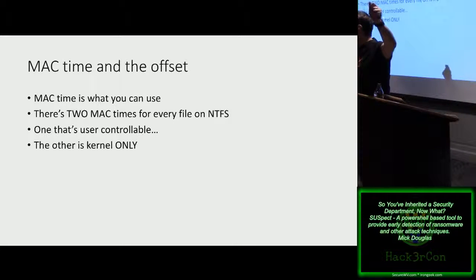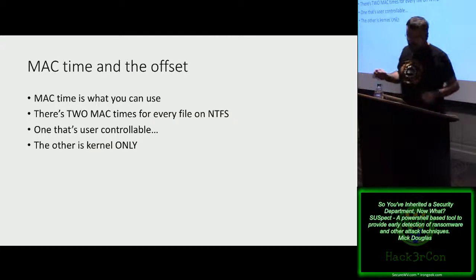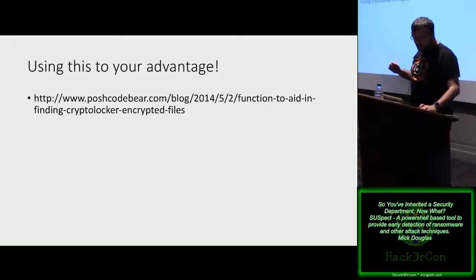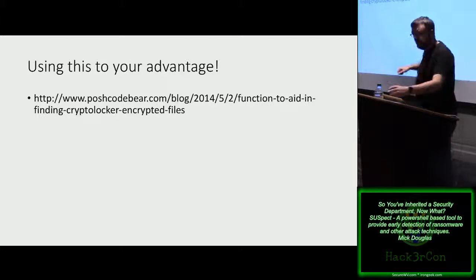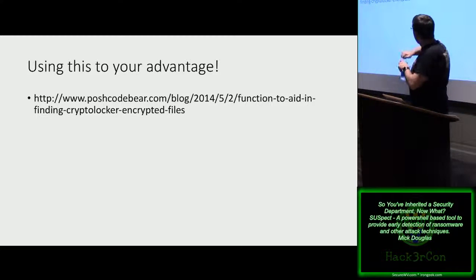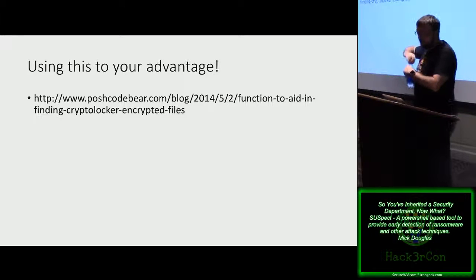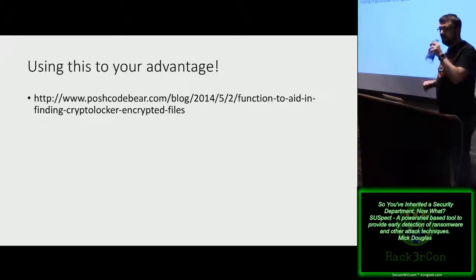Now, the thing that's interesting about this is they're only modifying that first set, the one that we know how to modify. They've not altered the kernel one. So what you can do is look for a mismatch between those two, and you can catch them super easy. We've got quite a few of our clients at Binary Defense using this as a detection technique. Now, I'll warn you, there are a couple false positives. There are some document processing machines, like some OCR type tools, that will sometimes modify this. But once you whitelist this and figure this out, it's a really dynamite way of detecting this.